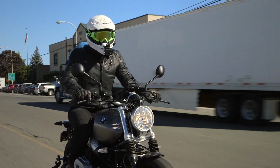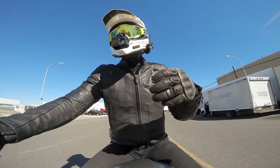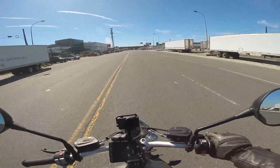So as you saw out there, the Scrambler might not be the most appropriate tool for the job for riding off-road, but on-road, however, it's a different story. And BMW has made some significant changes to this platform over the R9T, and that's really what I want to